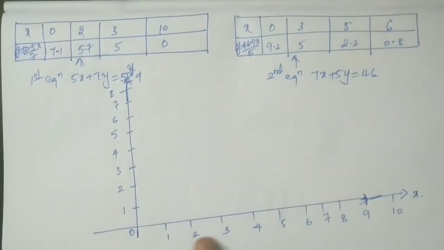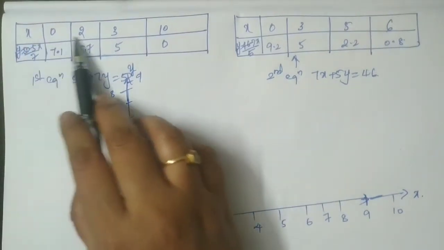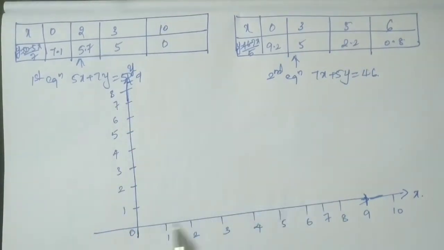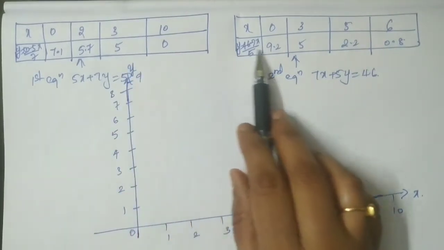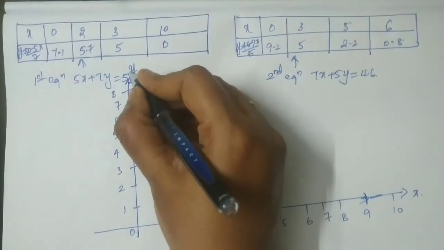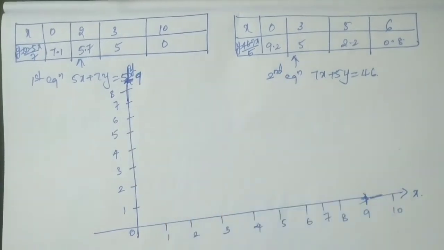And on the y axis, the maximum value is 9.2. But there is no space over there. So I have just scribbled at the top corner. Kindly bear with it. So the y axis is till 9. I have overlapped. So you can just understand over there. Okay. Next we should start plotting it.